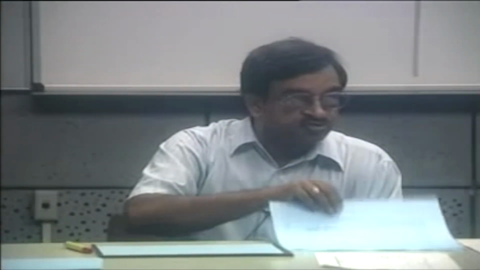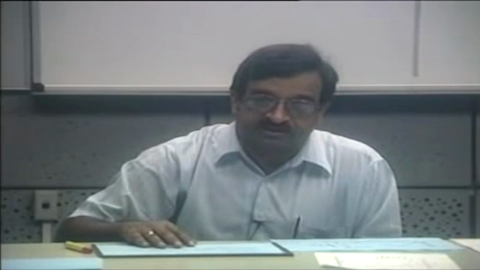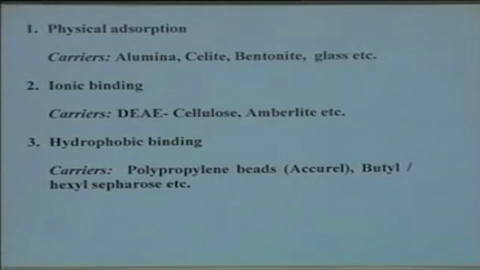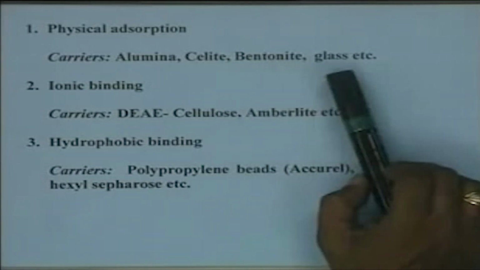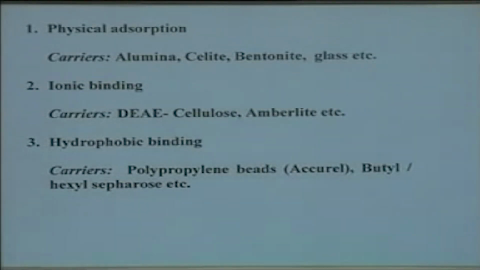Now, the three most common types of adsorption methods. The first is physical adsorption, which is the most non-specific type of adsorption, where you use hydrogen bonding, electrostatic interactions, or van der Waals interactions, a variety of interactions where there is no specificity. You use a very broad range of carriers like alumina, celite, bentonite, glass, etc., where at certain conditions of pH, temperature and salt, you can adsorb the enzyme onto the surface